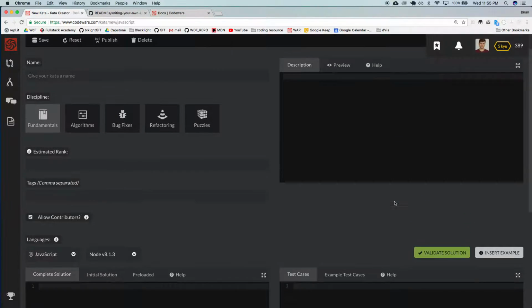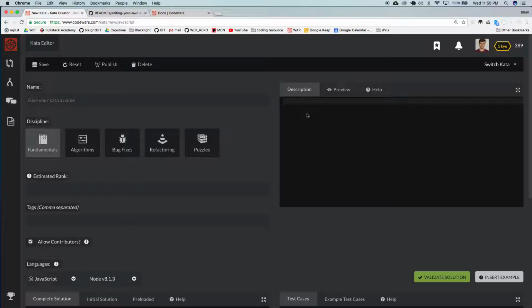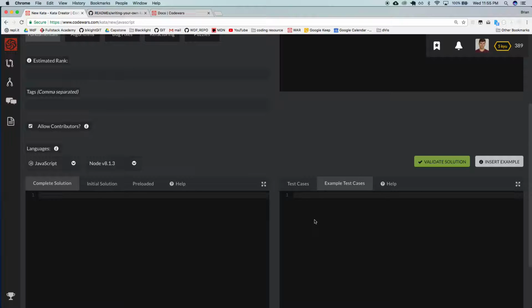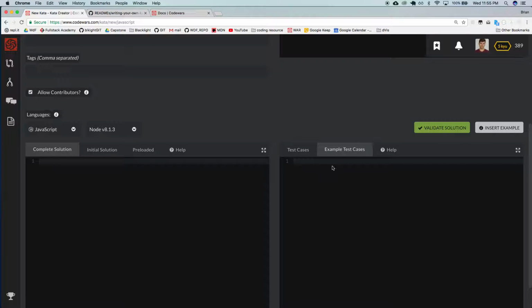And then also very important is we're going to need to write a description so people know how to solve our kata. And last but not least, we're going to write a few example test cases that are pretty much going to be the same thing as our test cases except a little less robust. And that's going to help the user get started and go down the road of solving the problem that we're